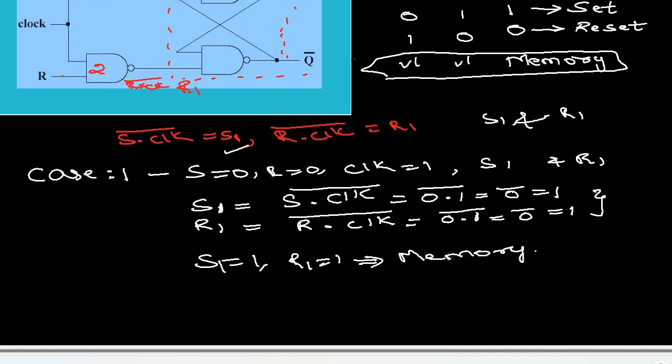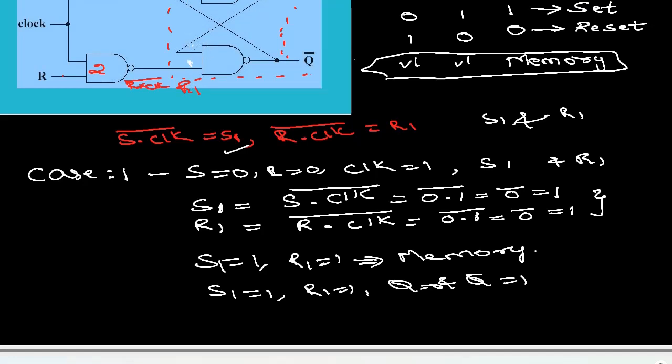Otherwise you can check it for the latch values also. So see here, I am writing only one case, when S1 equal to 1, R1 equal to 1. I am finding out the Q and Q bar values. Here I am assuming that Q is 0 and Q bar is 1. So for the first latch NAND gate, the first value S1 is 1 and Q bar is 0, sorry, Q bar R1 is 1, here R1 is 1, Q is 0.